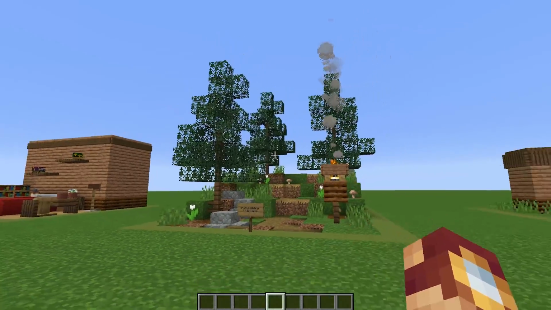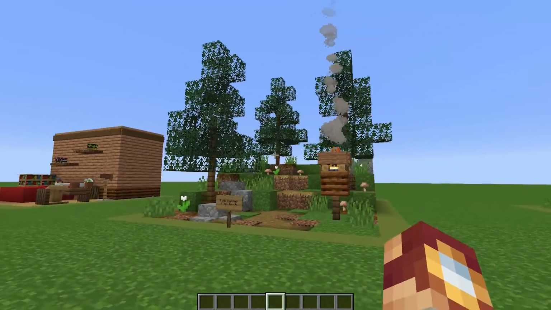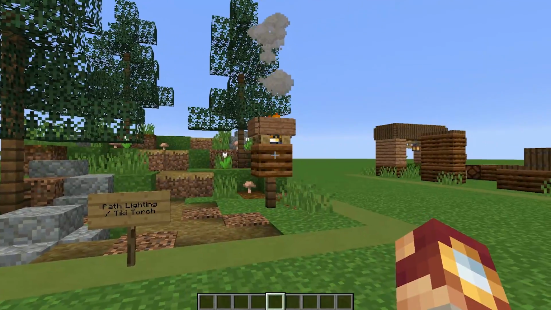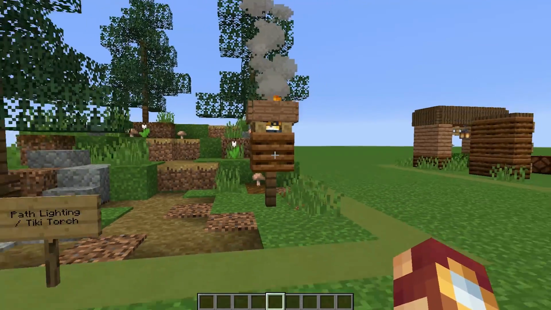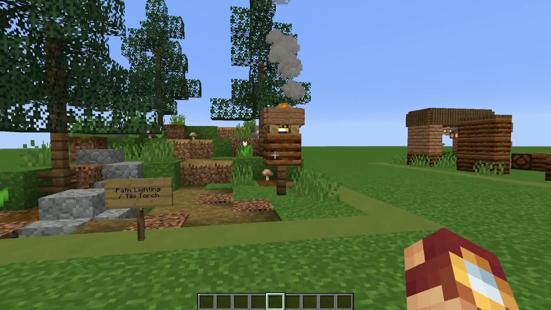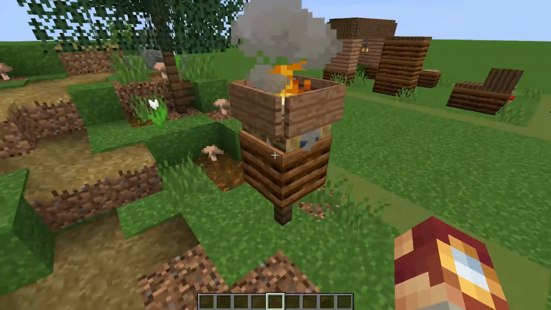you've got a pathway, but this works in really all sorts of different situations. In this situation, I've got a forest that uses path lighting that is essentially a Tiki Torch, much like you can see here. Now this is a very simple one and really relies on a lot more than the composter block, but I just wanted to show you how you can use it in conjunction with other blocks to create something very, very